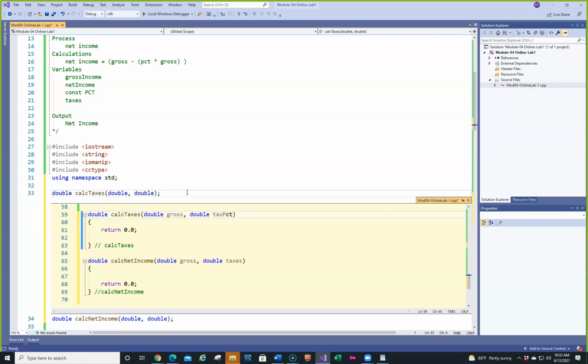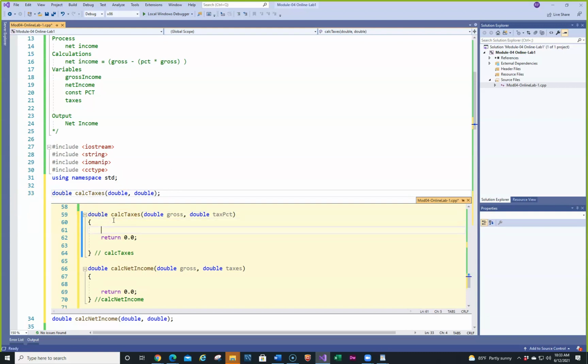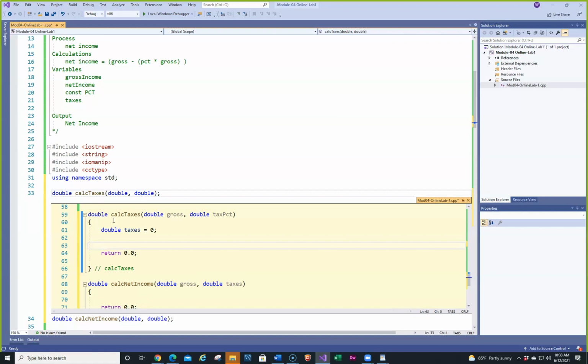Again, it's kind of your call, because this can't get changed, but then again, gross can't get changed either, because we're just passing a value. So gross technically is a constant, tax percent is technically a constant. So what we want to do here is we need to create a variable called double, and we'll call it taxes. And then all we need to do is taxes equals gross